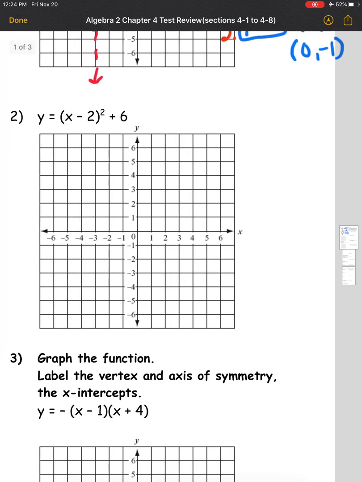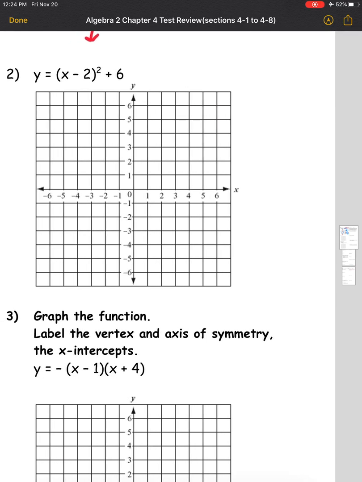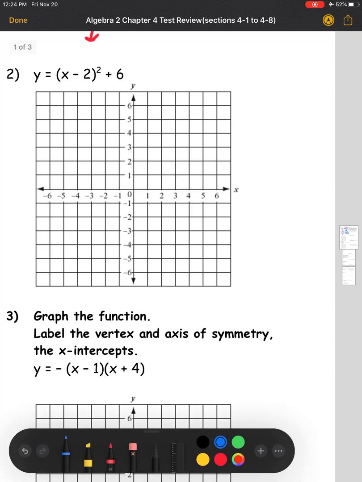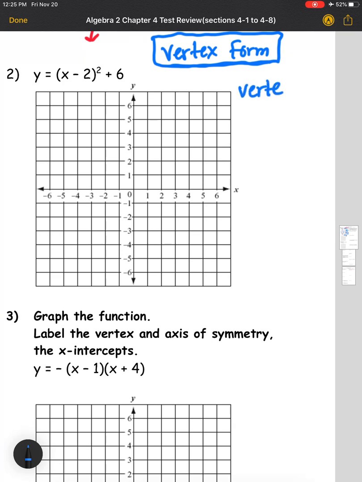That next one, number 2, is vertex form. This was in section 2. With vertex form, we don't use that little formula, negative b over 2a, anymore. We already know the vertex just by looking at the equation itself. So that's the first thing we need for this kind of form, a vertex. Well, it's always going to come from